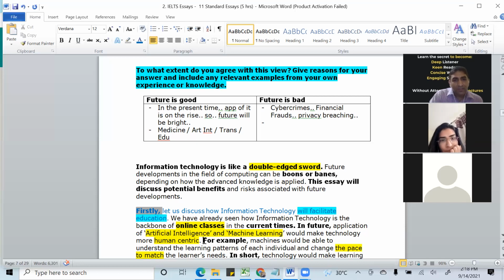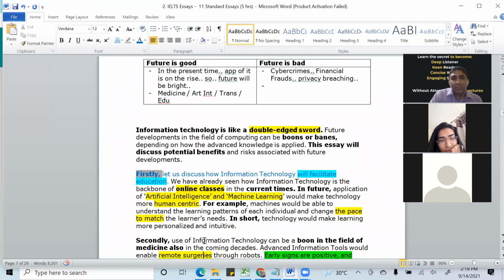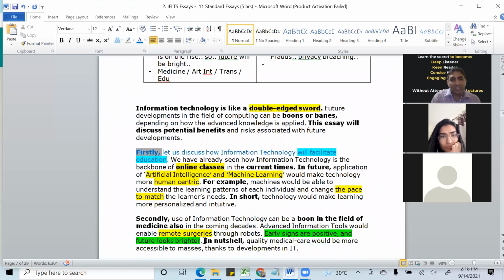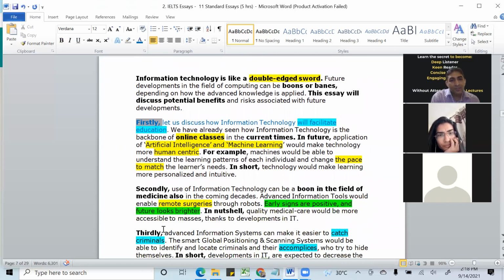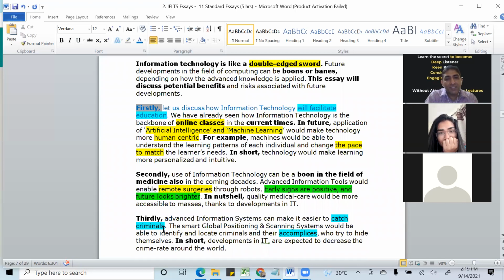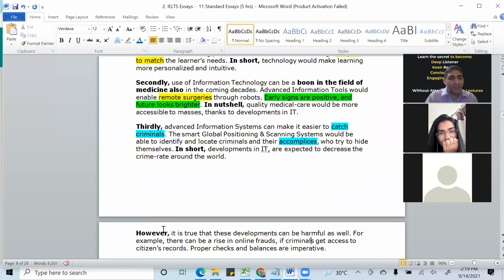human centric. So for example, and then he has given, so secondly, so he has taken, अब ये एक और तरीका है अपनी बात को सिद्ध करने के लिए। क्या करो? दो तीन नए नए फील्ड्स उठा लो। पहले उसने एजुकेशन उठा लिया, फिर उसने मेडिसिन उठा लिया, फिर उसने क्या किया, कैच क्रिमिनल्स उठा लिया, easier to, in the field of crime control, है ना। ऐसी क्राइम कंट्रोल वाली स्टोरी बना दो कि जी अपने वो अलार्म लगा देते हैं, smart global positioning system, scanning system, ये सब। In short, development in IT are expected to decrease crime rate, तो सब जगह फायदा फायदा फायदा।